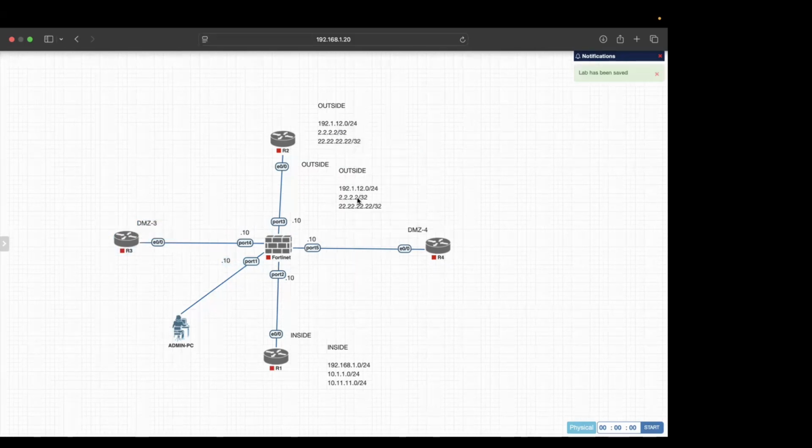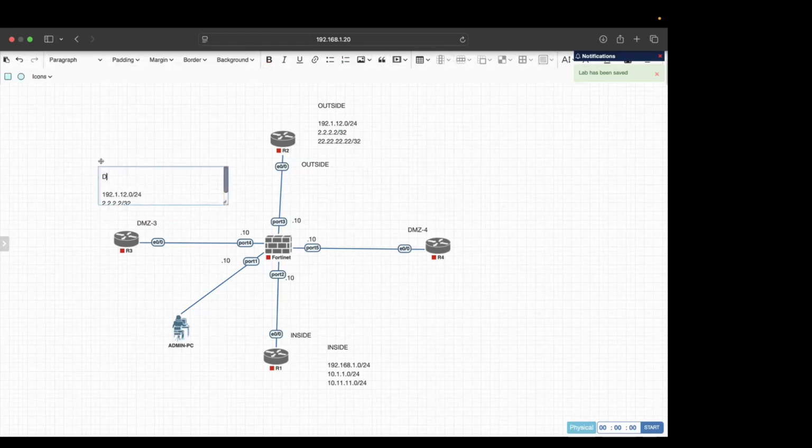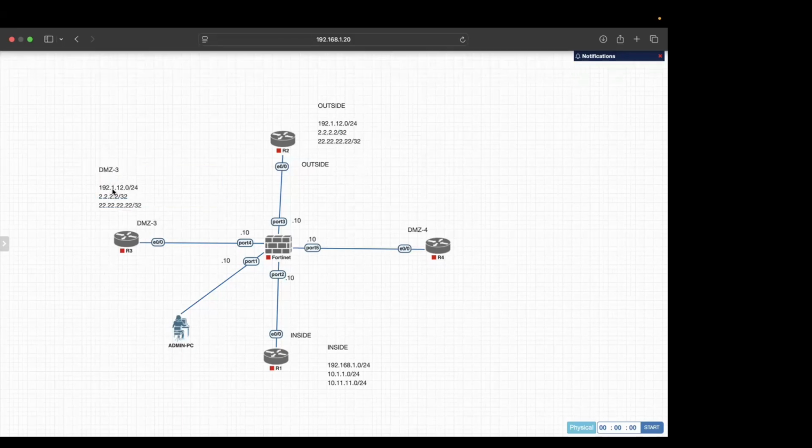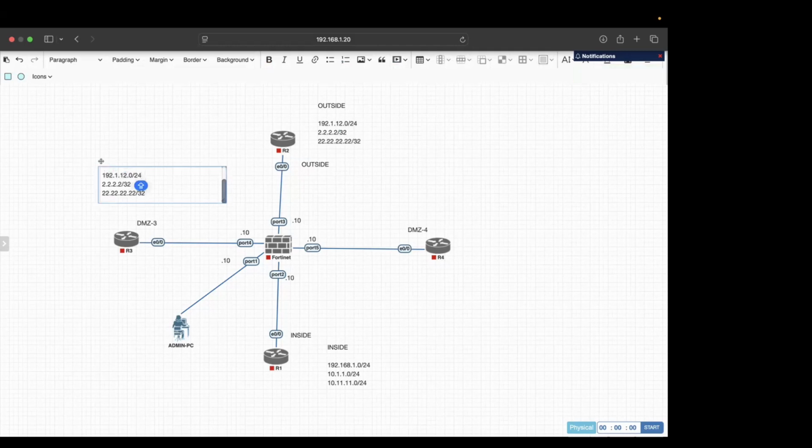Here, let's take some other IP from the same range. Let me take it, duplicate. DMZ 3. What IP? This is DMZ 3. Let's take here 192.168.3.0. Let's take here some LAN also. If you're not taking, even I'm just simulating some loopback interfaces here so that we can use them for our